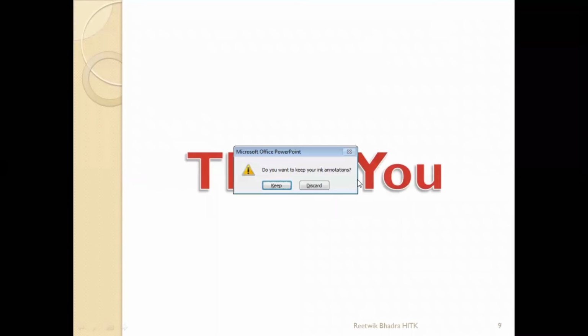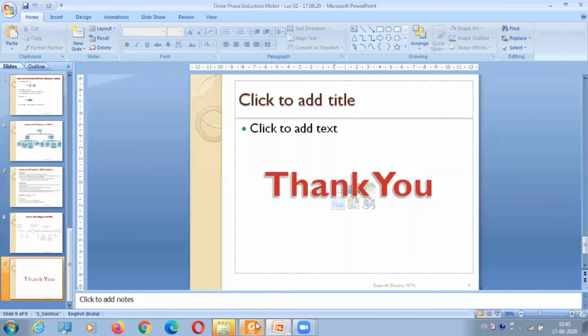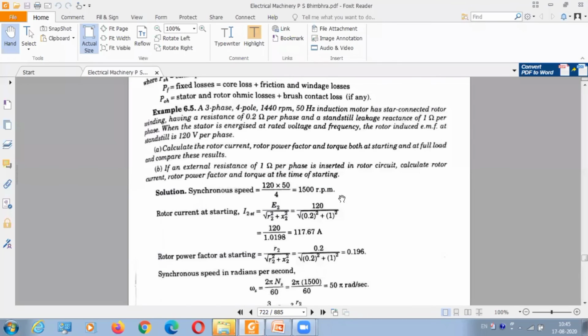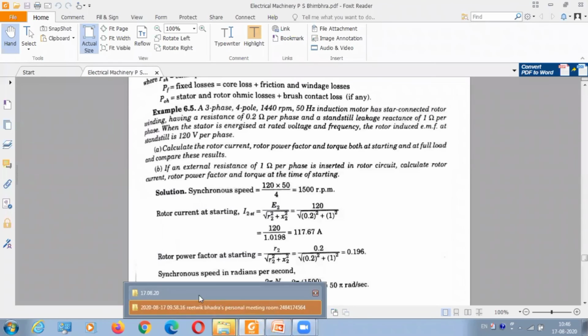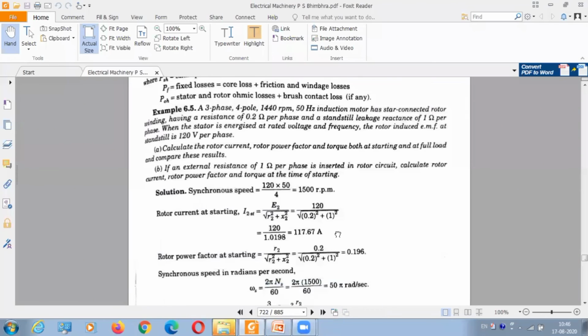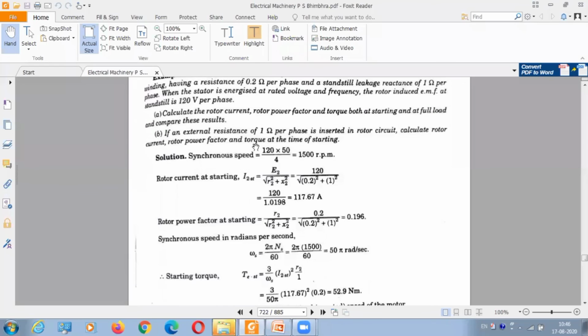Well, we'll discuss two problems. Just check two problems. Is the PDF visible, the Bimra PDF? This problem, I have shared this Bimra PDF, you can look through it also. Suppose in the induction motor I have given this problem. I'll discuss this problem only. Next day we'll take another problem.